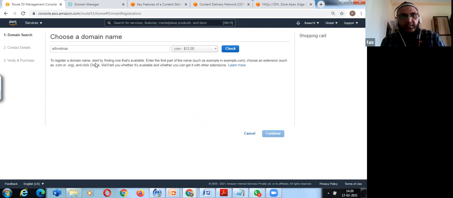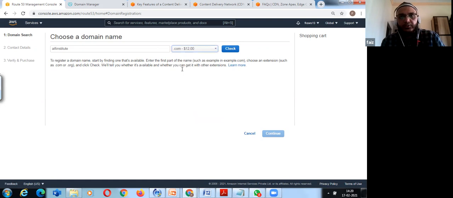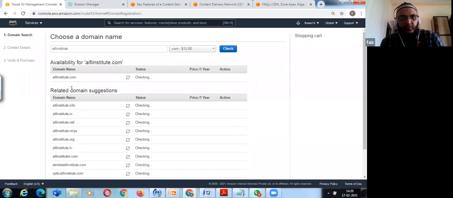To register a domain, start by finding one that's available. This can be for a year. Choose an extension such as .com, and the check will tell you whether it's available and whether you can get other extensions, just to check whether it's available or not.